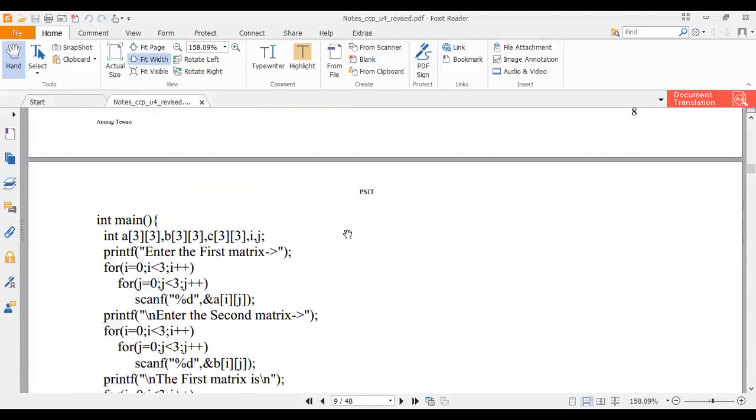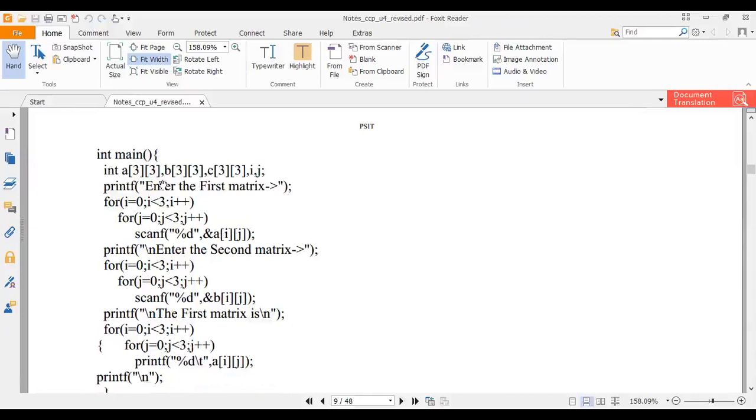If you want to see the addition of two matrices, it means corresponding elements will be added, right? If you want to create a resultant matrix, then Cij will be equal to Aij plus Bij, and two for loops will be there. So for the first matrix, the dimensions will be the same. The A matrix dimension is the same as the B matrix dimension, then the C matrix will also be obtained, right? If you keep different dimensions, then a different result will be there.